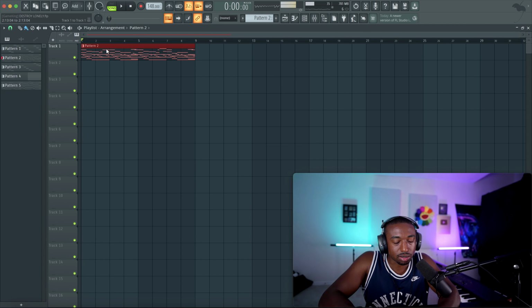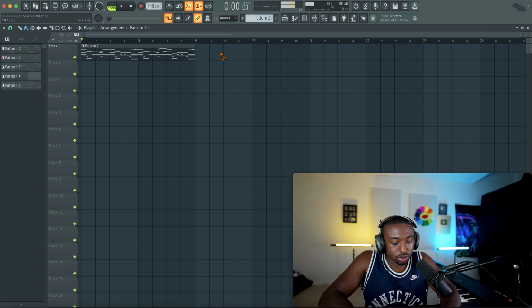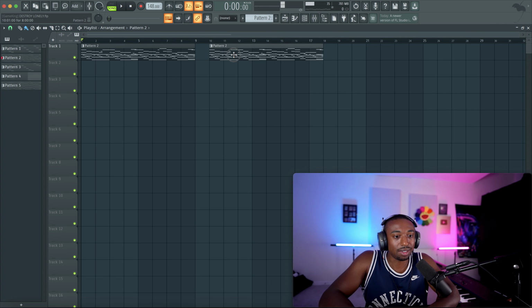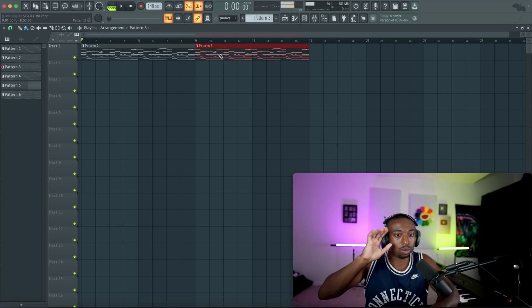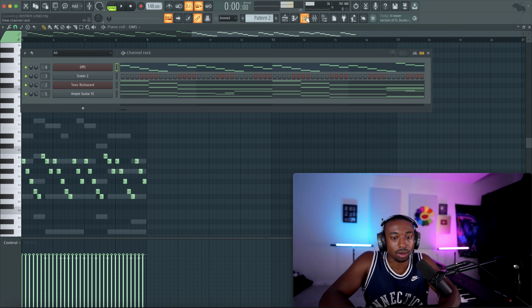Also, let's arrange this by hitting Ctrl B, and then we're going to go to, actually, there's a shortcut, I forgot. It's Shift V, left click, and then release, and it will create its own pattern. It's a duplicate, but its own pattern. What I want to do on pattern 2 is take out the guitar, just so it doesn't build up right away.